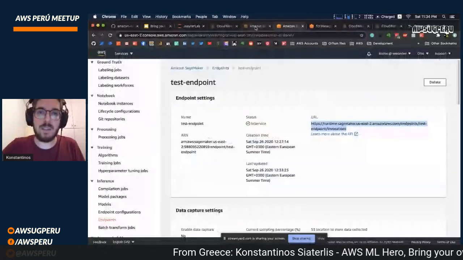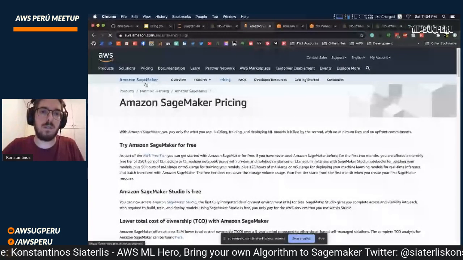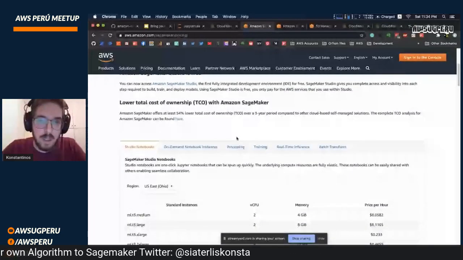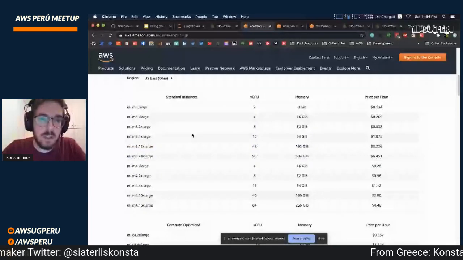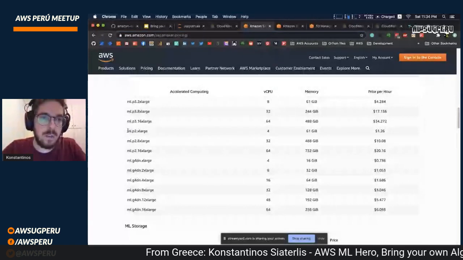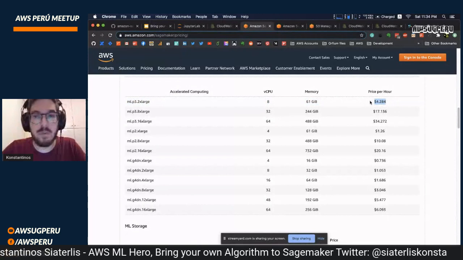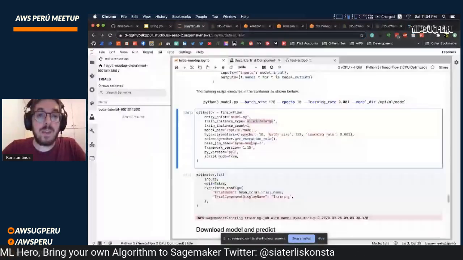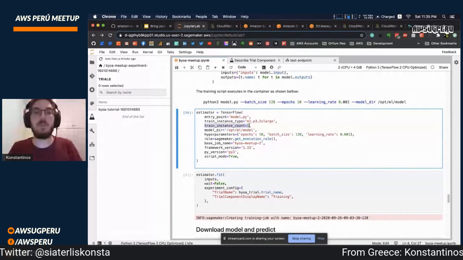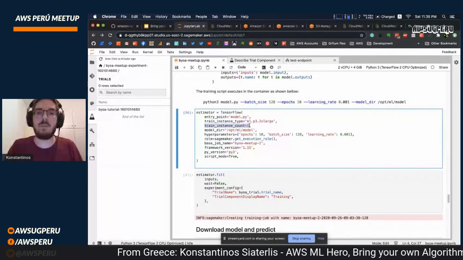You can always check all the available instances on the Amazon SageMaker documentation, and you can see here everything that you need to know. I'm using, I think, that one, which is $4 per hour. It's pretty pricey. Then I define how many instances I want. I just want one instance to train it, but you can use multiple instances. And if your framework supports distributed training, then it will do it.